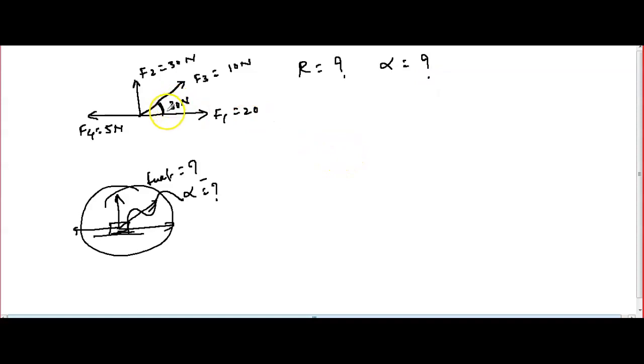So what we'll do here, first this is already horizontal, right? This is vertical, this is negative horizontal, yeah, you are correct, horizontal only, negative x-axis. This force is given with the angle 30 degrees, so I have to decompose this. Getting here, this force F3 is equal to 10 newtons is given here. You have to find the components along the x-axis and y-axis.